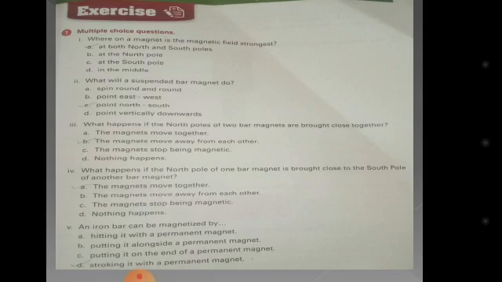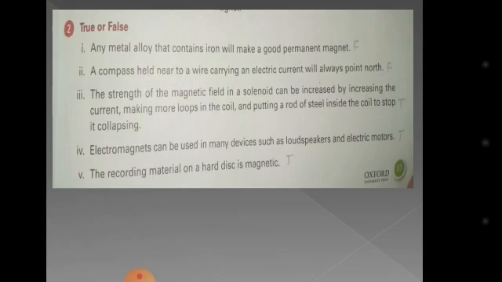In the last, I am giving you multiple choice questions with answers. Do complete all the work and true false of this chapter, and make sure that your work is completely up to date. Again I am repeating that I have explained the topic concisely. The chapter is long, but when school resumes, we will discuss these topics again in a little more detail, but you have to complete your written work.